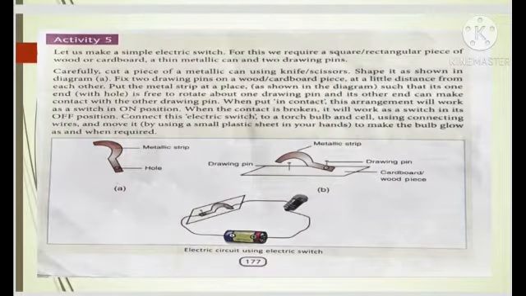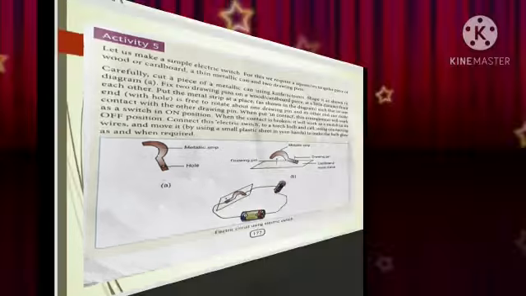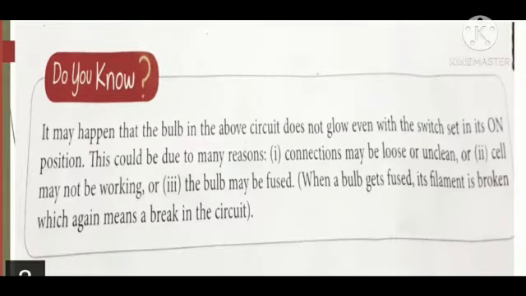Now activity number 5 is given at page number 177. And this is all about making your own electric switch with the help of 2 pins and a metallic strip. Read it well and try to make your own electric switch. And this electric switch can be put in an electric circuit as shown at the bottom of this activity, with an electric cell and bulb and